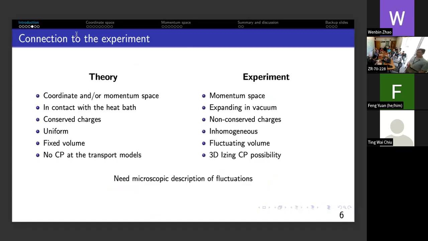A few words about the difference between theory and experiment, because, of course, once we're talking about something that can be measured, it's very important to understand where we are here. Once we work with the theoretical approach, in general, we have a homogeneous system. We can find the volume and define the density, the number of conserved charges or conserved particles, and of course we can work with